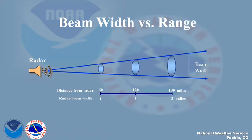And getting a little more in depth with the radar, one thing that we deal with, especially out here in southeastern Colorado, is beam width versus range. Something to keep in mind as the beam travels away from the radar, it gets wider and wider. So even 60 nautical miles away from the radar, the beam width is 1 mile from edge to edge. And the further out you go, as you can see on the screen here, 120 miles out,